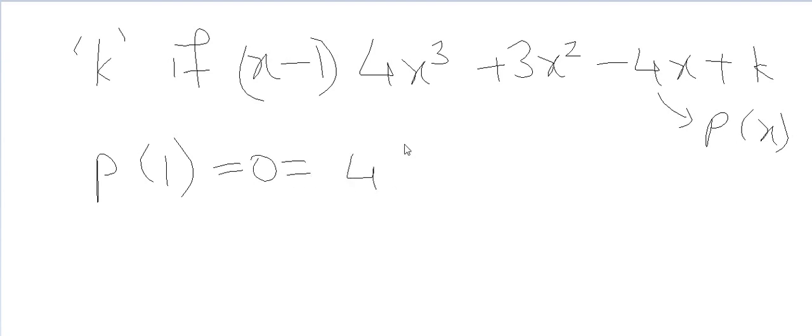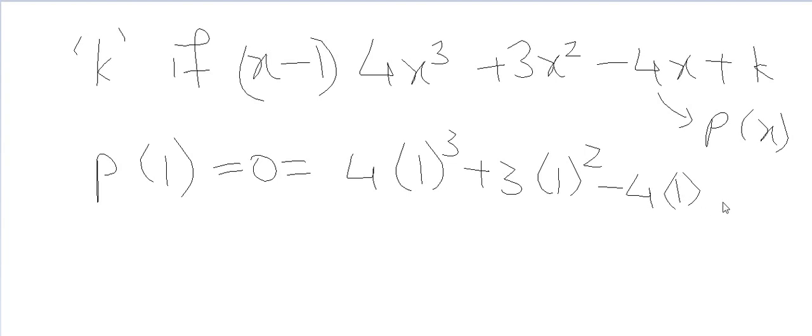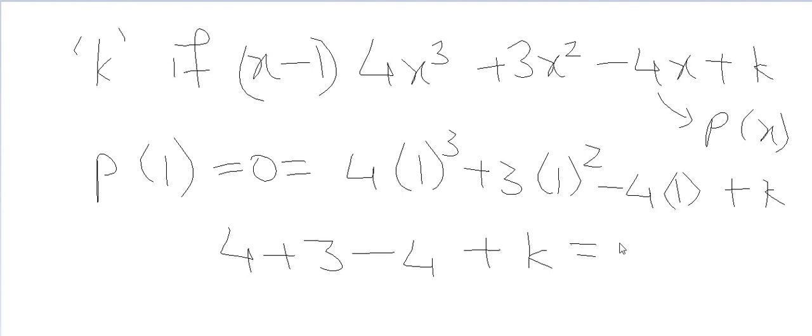That is 4 times 1 cubed plus 3 times 1 squared minus 4 times 1 plus k is equal to 0. That is 4 plus 3 minus 4 plus k is equal to 0. That is k